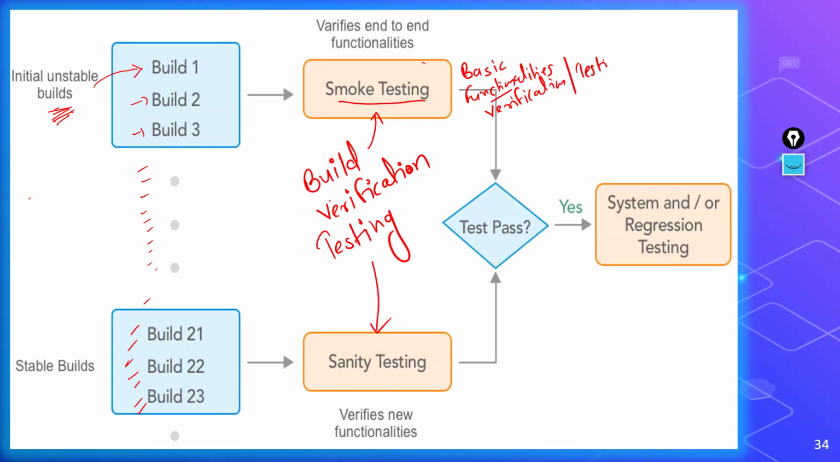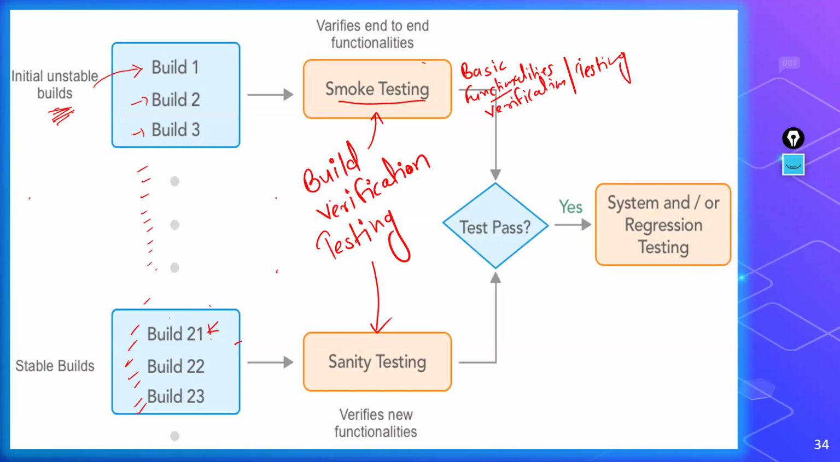Verification, or you can say testing for the basic functionalities. Now, when it keeps getting upgraded, after some time, let's say after 20 builds, there will be a point where we need not perform smoke testing. Why? Because we were doing smoke testing for the basic functionalities, right? Now, basic functionalities are already done. These are all working fine. Because basic functionalities are working fine, there's no need to go for smoke testing, but